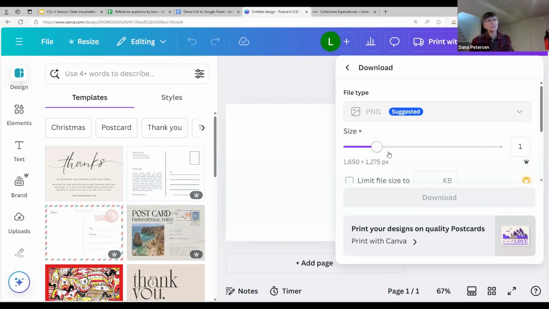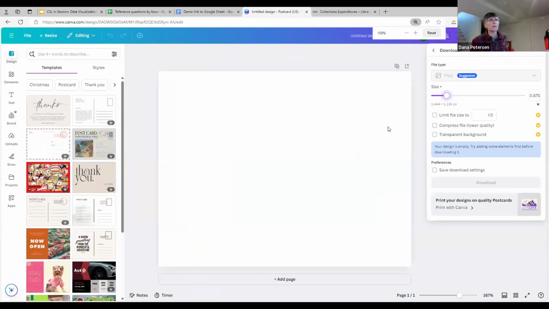And notice Canva does give you a chance at the end. Holy cow, you can make this thing bigger. So if you are going print-centric with something and you want it to be 8 by 10, figure out the math on that. 2400 by 3000 would give you something that would print out at 8 by 10, right? So that was a little side note about print ready stuff. Let me zoom back out here.